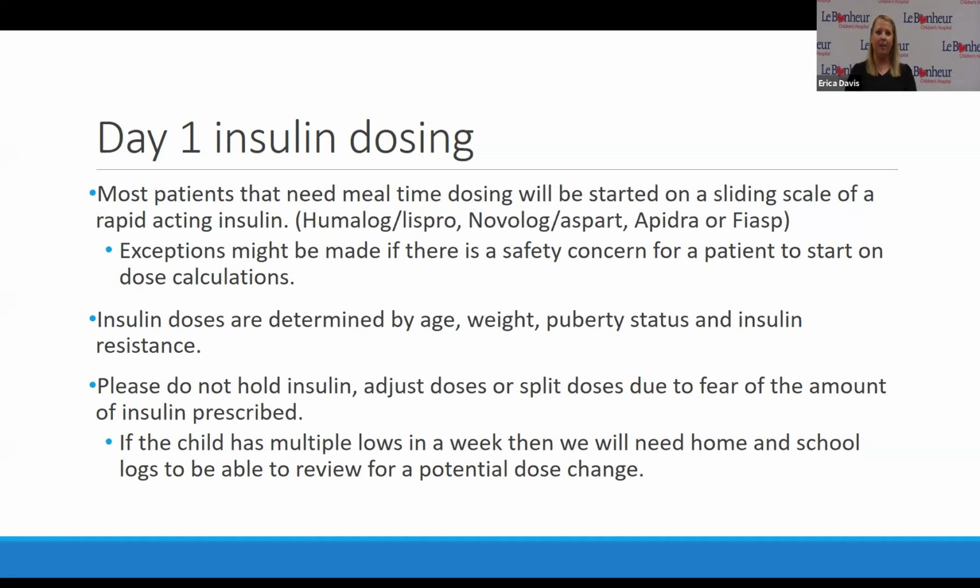And so that is tailored to their needs. And again, if you're having lows, if you're having issues with that, we need the parent to communicate that with us. And even if it's a large dose, do the calculation again. Maggie gave an example in the last session of if Johnny ate 118 grams of carbs or something, the more carbs they have, the more insulin they're going to need. The higher their blood sugar, it's going to be the higher the insulin needs. So just keep that in mind.